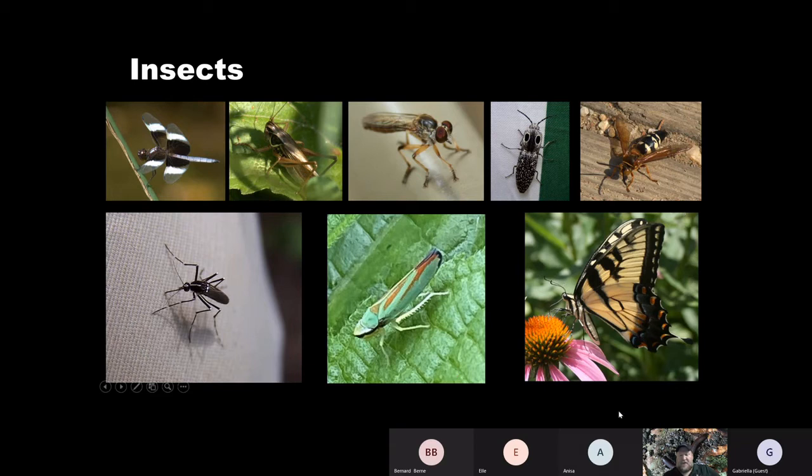This is hopefully recognized as a butterfly. This is an eastern tiger swallowtail, which is actually our state insect. And butterflies and moths are pretty well known, and butterflies get a lot of attention. So I just picked a couple groups out of the insects to kind of highlight, show you a little bit